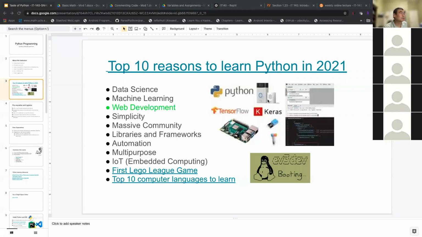Okay, so this is an introduction to Python class, and I think there are many reasons that Python is selected as the language of choice, especially in 2021, right? You may have heard a lot of buzzwords like machine learning, artificial intelligence, Internet of Things. Python is widely used in data science, automation industry, and